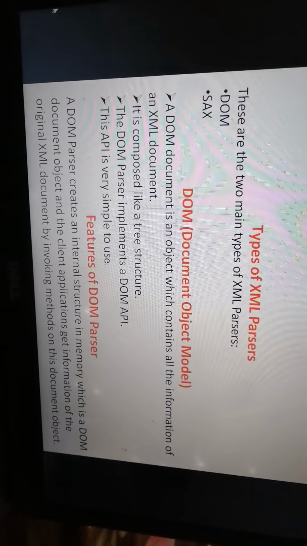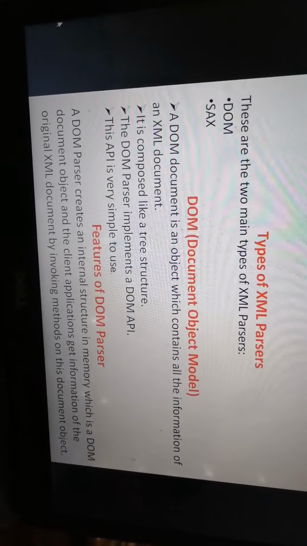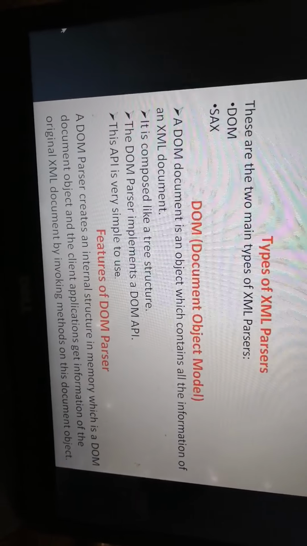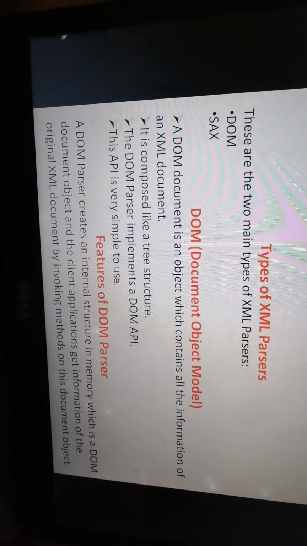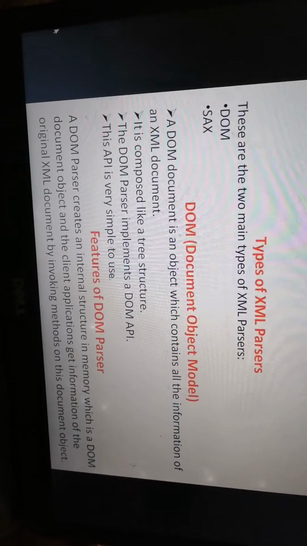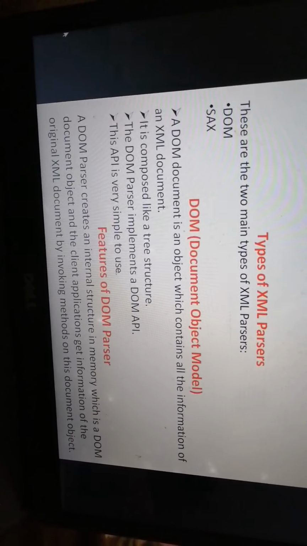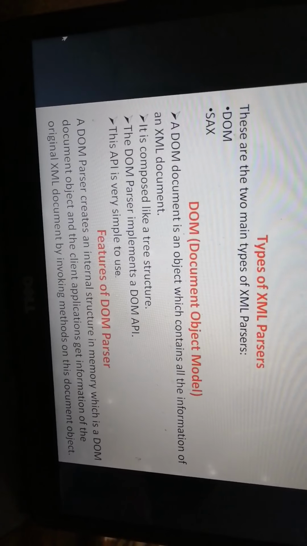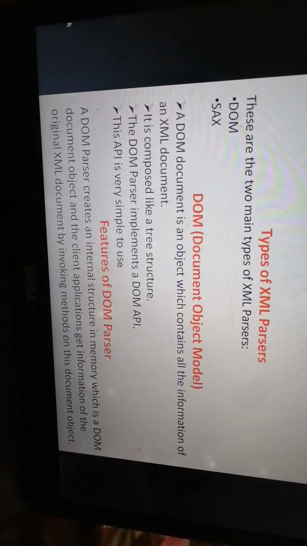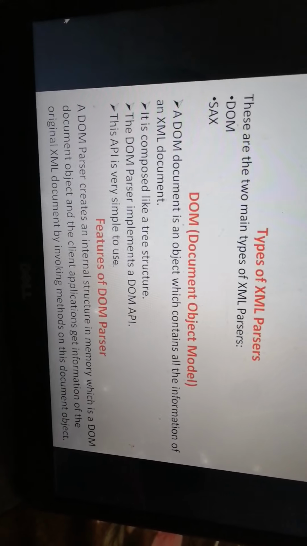The parsers validate the XML, check its well-formedness, and then provide APIs to access that XML document in different programming environments. Among those APIs, the two most important are the Document Object Model and the Simple API for XML, that is, DOM and SAX parsers.